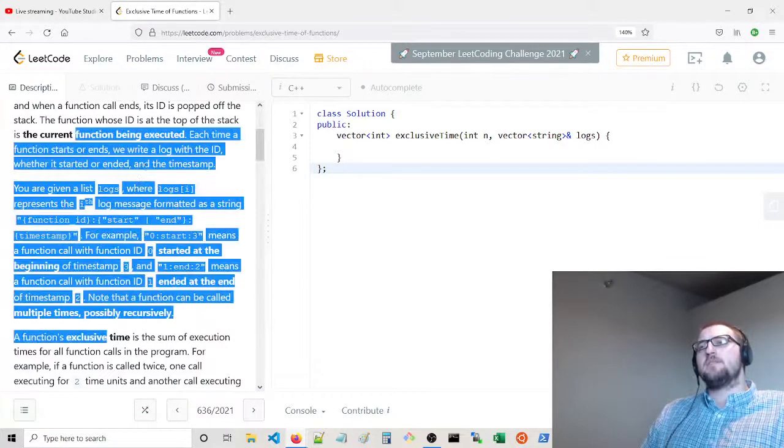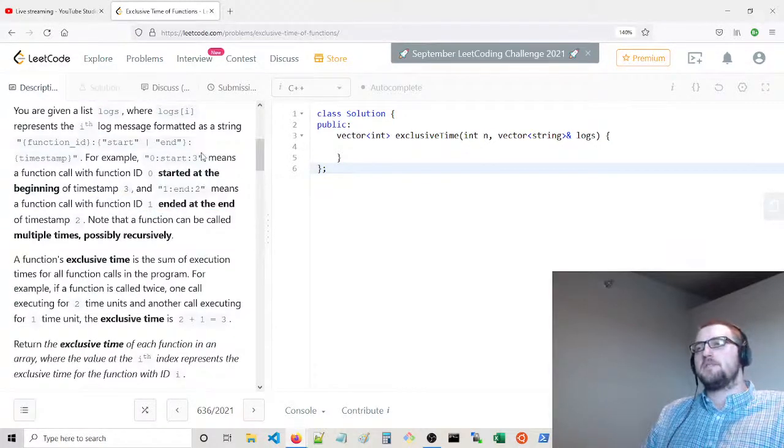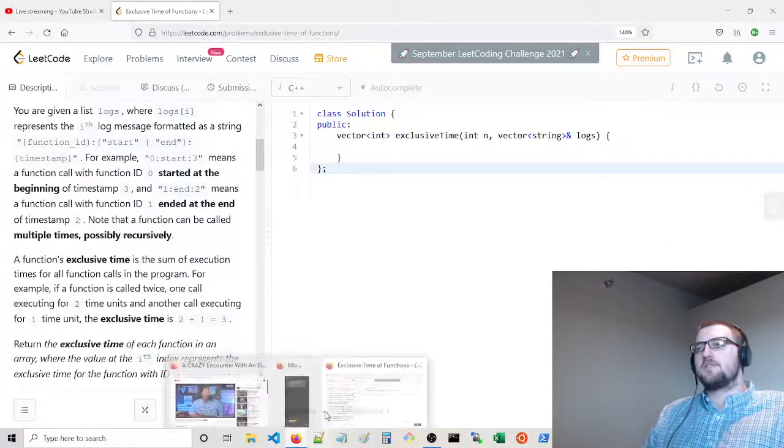the timestamp. You are given a list logs, where logs[i] represents the ith log message formatted as a string: function ID, start or end, timestamp, with a colon between these parts. For example, 0:start:3 means a function call with function ID 0 starts at the beginning of timestamp 3, and 1:end:2 means a function call with